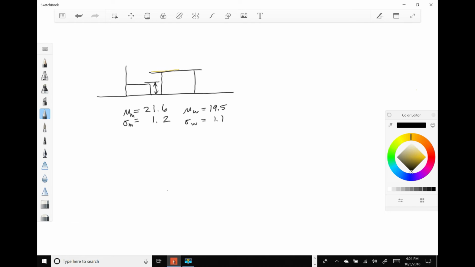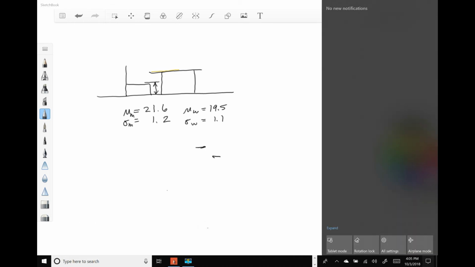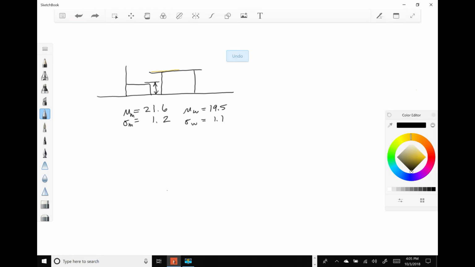And now they talk about issues to do with redesigning this work table. So they say, what is the minimum table clearance required to satisfy the requirement of fitting 95% of the men? So they're talking about this height here as being unknown,